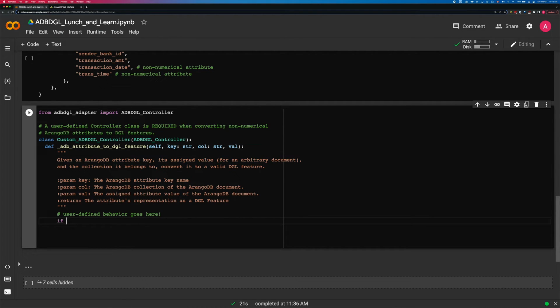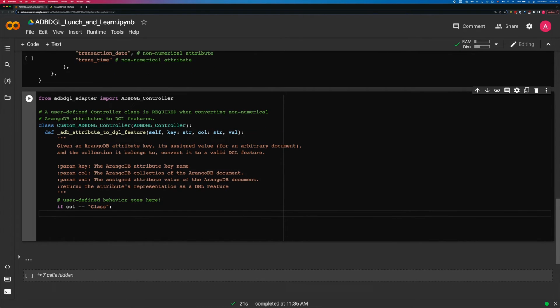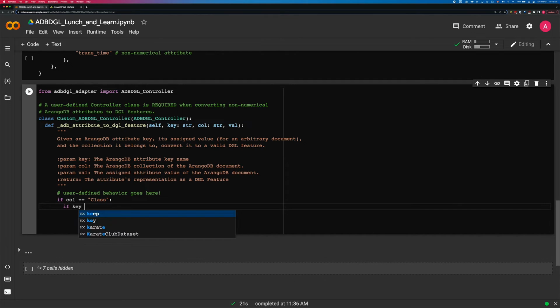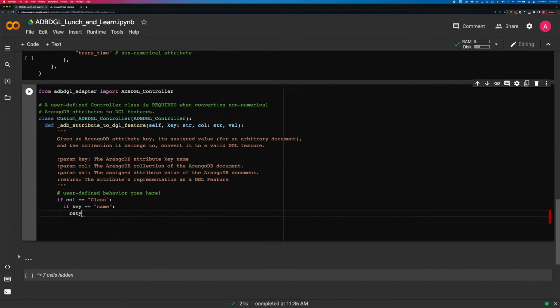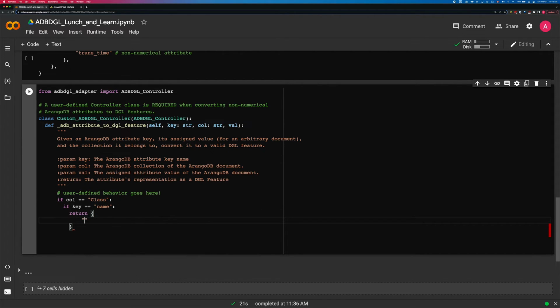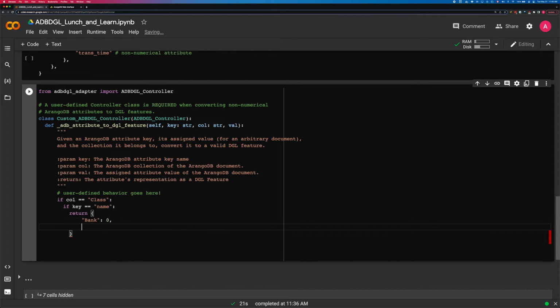We'll first start by checking that the collection we're currently on is in fact the class collection. Then we'll check if the attribute key that we're on is the name attribute. And from here, we can create a custom dictionary to map all possible class names to incrementing numbers.